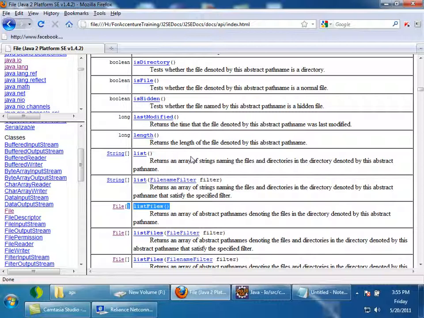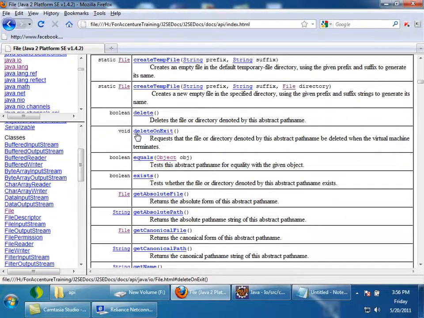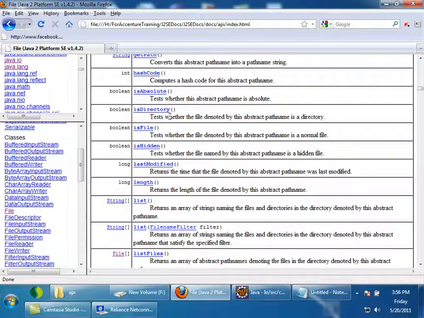Okay. See here again, I want to tell you, there is a method called isDirectory. If the file is pointing to a directory, it will return true. And there is another one called isFile.